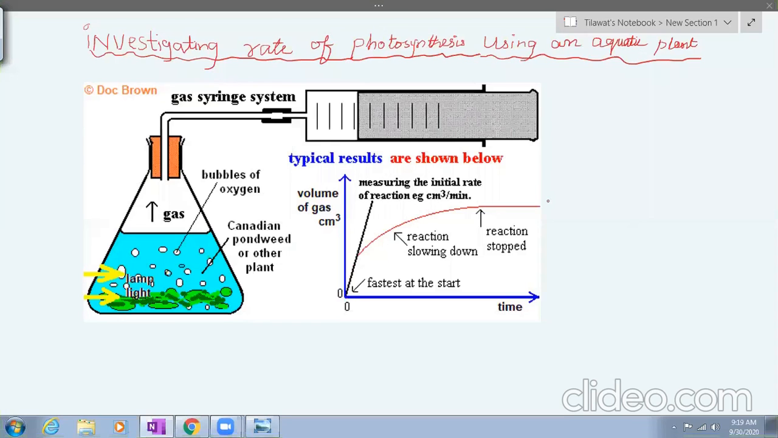All right, boys. So today the topic of discussion is investigating rate of photosynthesis using an aquatic plant. So here we will check three parameters, right? At which factor the rate of photosynthesis is high. We will also check another factor, that is the wavelength of light. So the first parameter, the first factor that we are going to study,